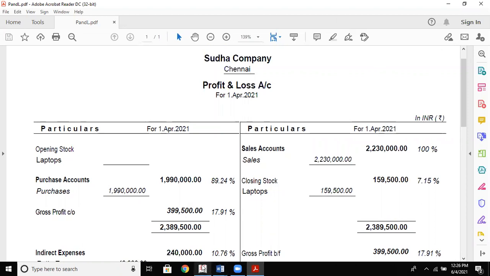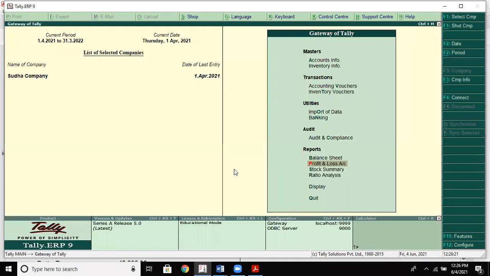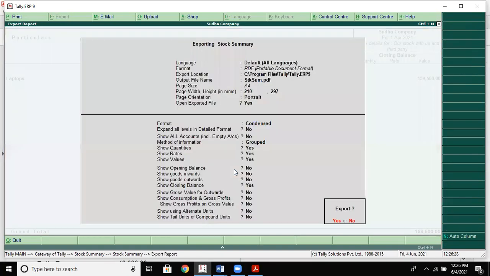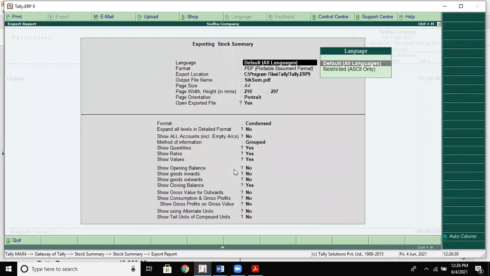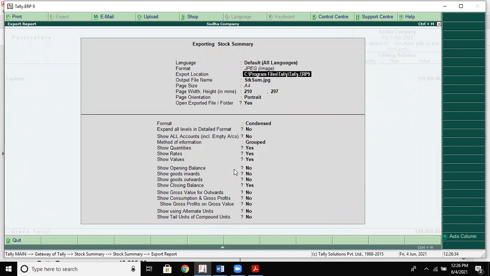Now, for example, if you want to go for stock summary, okay, Alt E, default. Now I want to go for image, JPG format, A4, portrait, exported, yes.